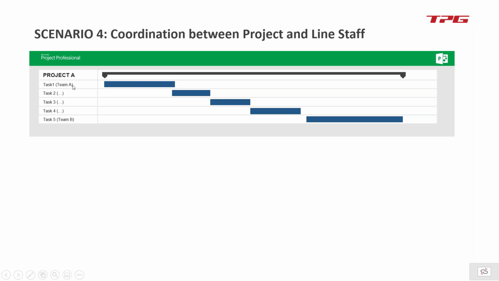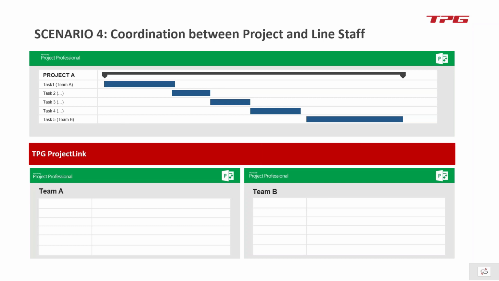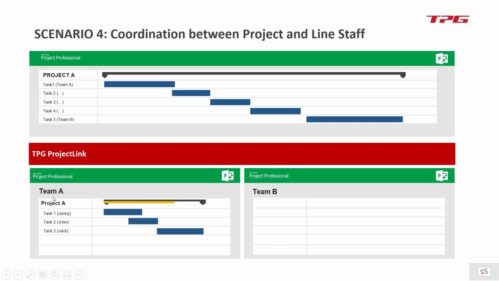As you can see, team A has got task 1, and task 5 is dedicated to team B. And then we're going to construct team plans where we're going to export each team's task. The teams are going to detail those tasks to individual assignments, realizing that they're not going to be able to match and respect the date expected by the project manager. They're going to go over it, as we can see here, and the project manager will be able to see in his own plan the result of the detailing of the task by the team, and the warning will be on both sides saying, no, we can't respect your dates,